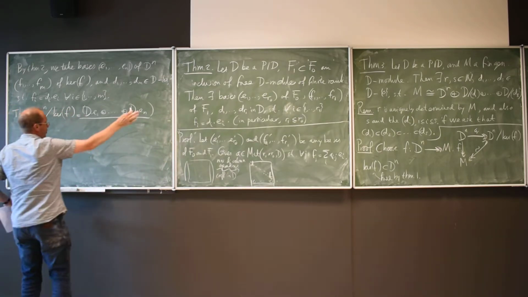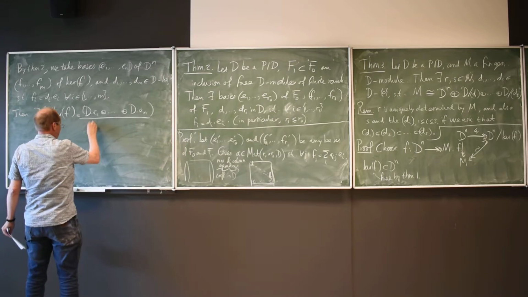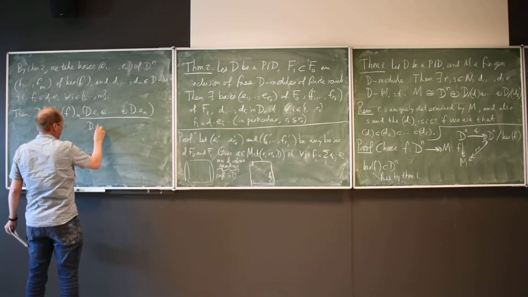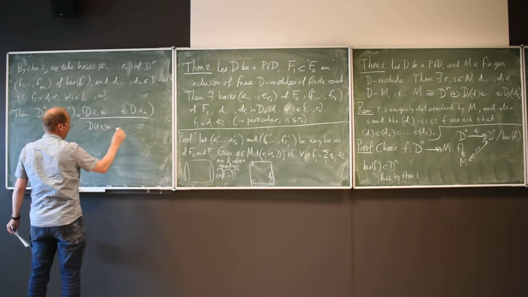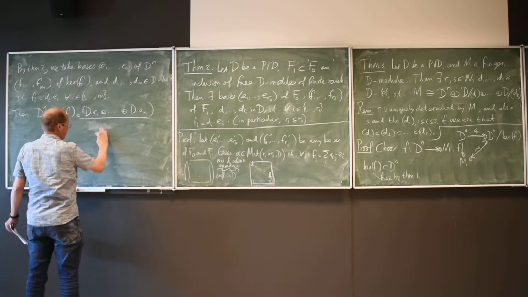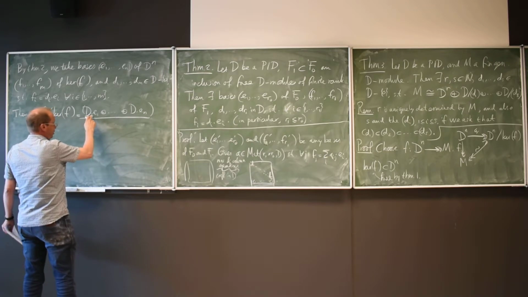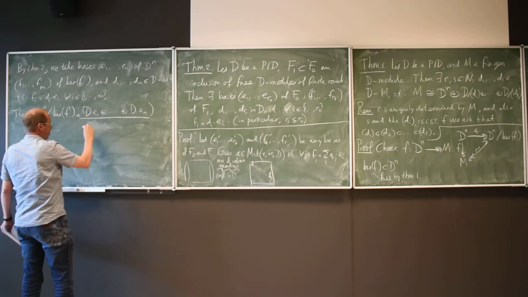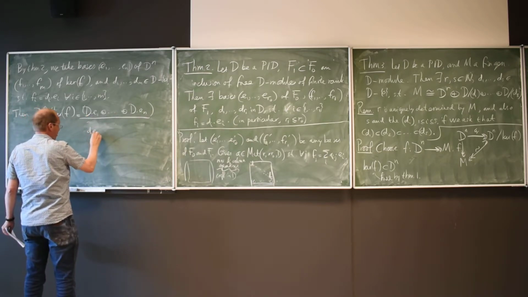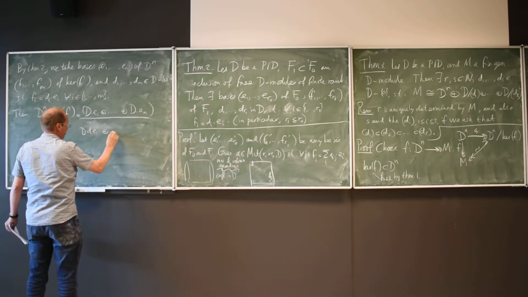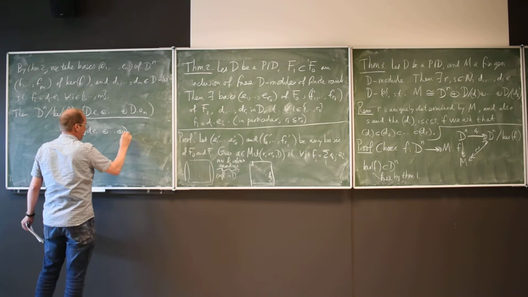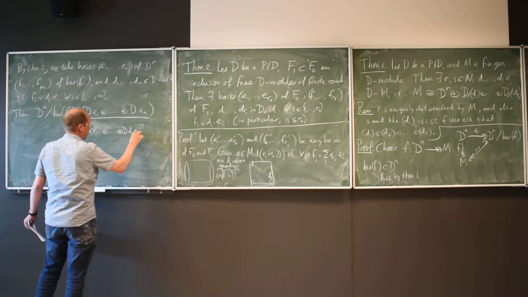Actually these are direct, they are in these direct summands, right? So here I have d1 e1, well, let me write d times that, direct sum d times dm em,